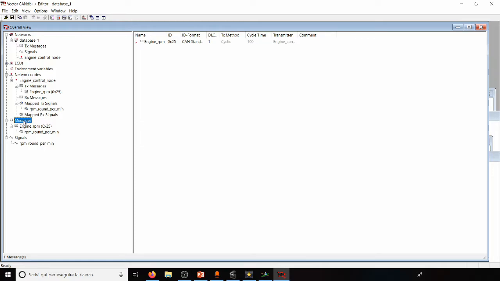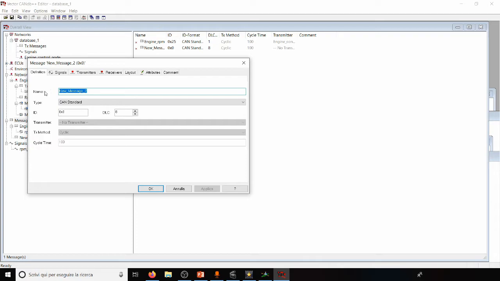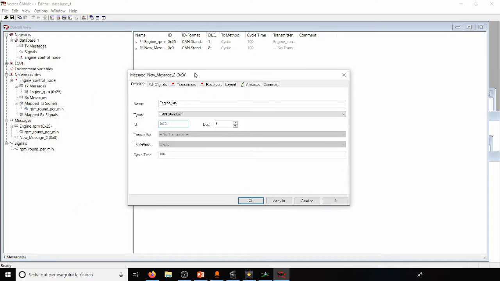So in order to do this, I click here message, new, and I call it engine status with an ID, for example, of 20. I give an ID of 20 for the fact that the initial status, the engine status, is more important than the engine RPM,